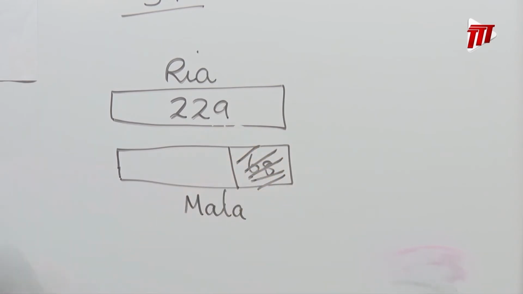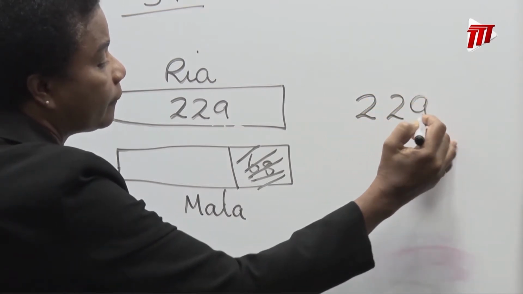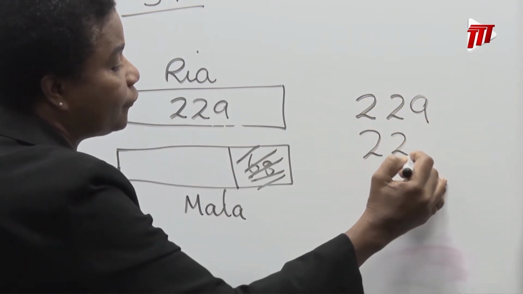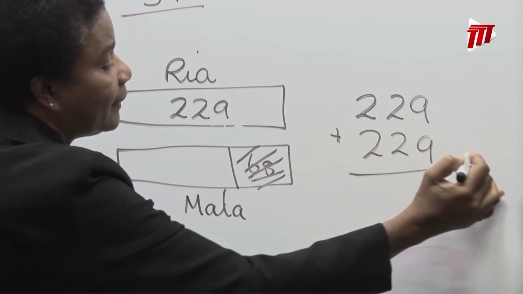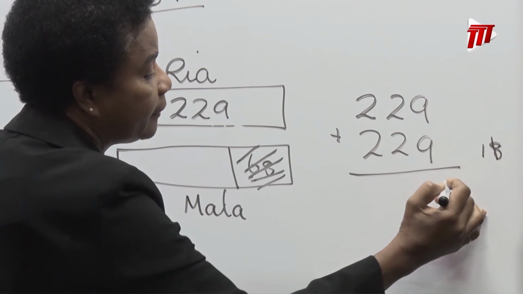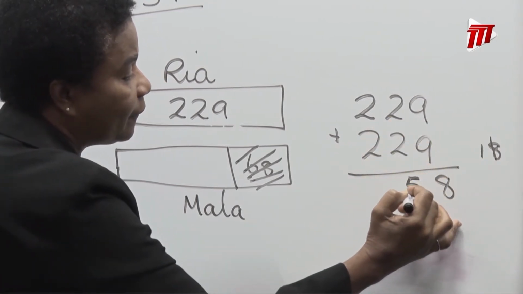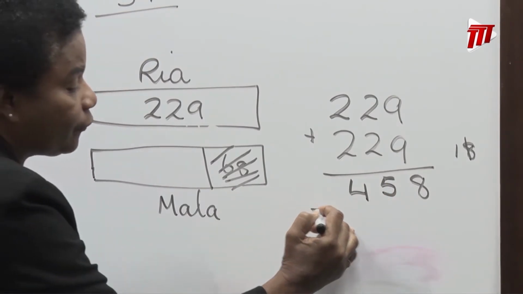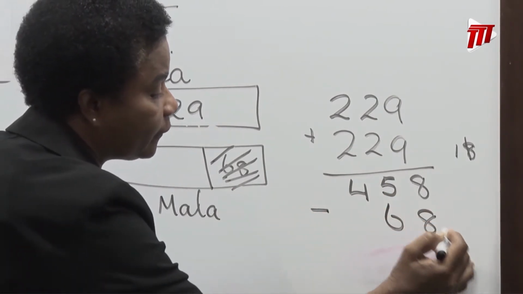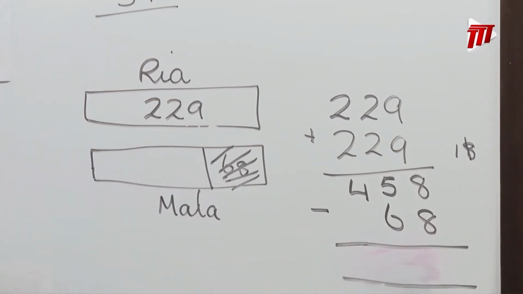So what did I actually do? I had 229 once, 229 twice, and when I added that, 9 and 9, 18, 2 and 2, 4 and 1, 5, 2 and 2, 4. But then I have to remove 68 because Marla has 68